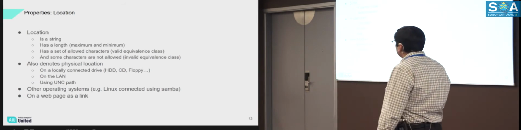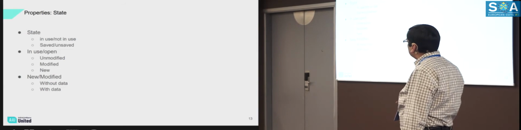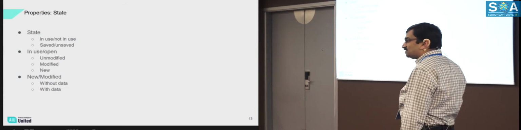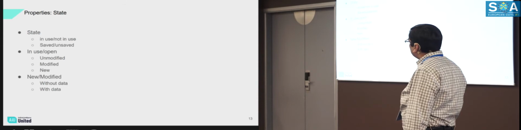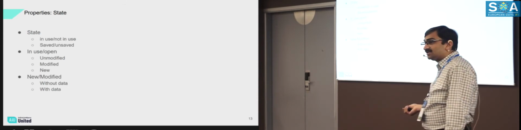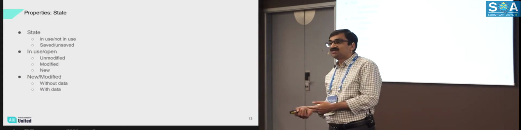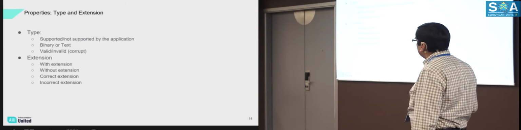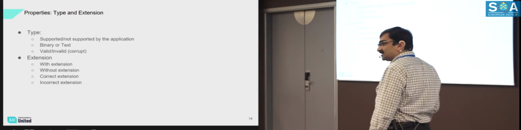How about state? In use, not in use, saved or unsaved. If it is in use, then the file could be unmodified file, it could be a modified file, it could be a new file. If it's a new or modified file, it could be without data or with data. And if it is data, there are properties of data that you can look into. What kind of data does it have? Types, extension, with or without extension. If with extension, then with correct extension or incorrect extension. All of these are